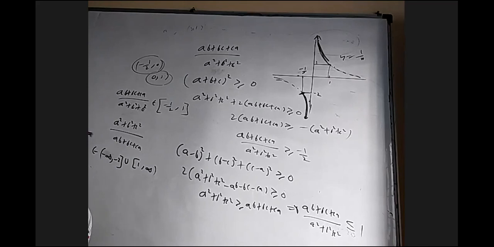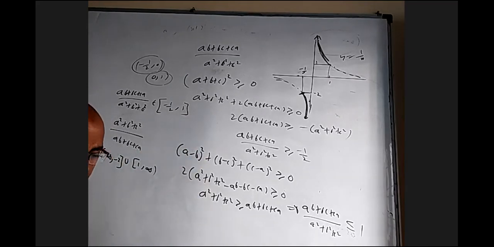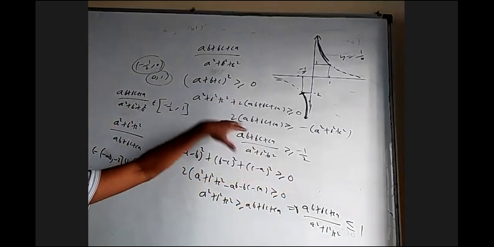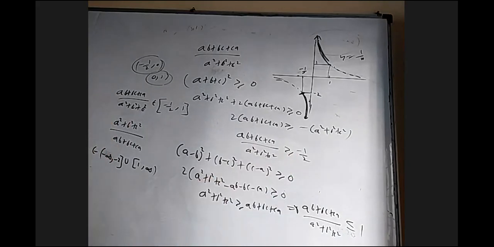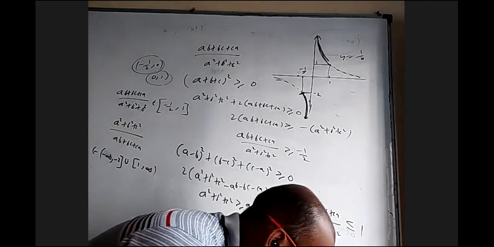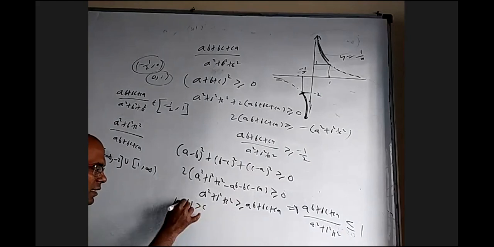There's a slight variation of this question sometimes where they will tell you a, b, c are sides of a triangle. Then this upper limit is correct here, but the lower limit is not correct because they are positive numbers. It cannot be negative. And they are sides of a triangle, so it cannot be even 0. So there is a minimum value that will come, I think plus 1 by 2, because we have to use the triangle inequality like mod a minus b is less than c. The difference of two sides of a triangle is less than the third side.